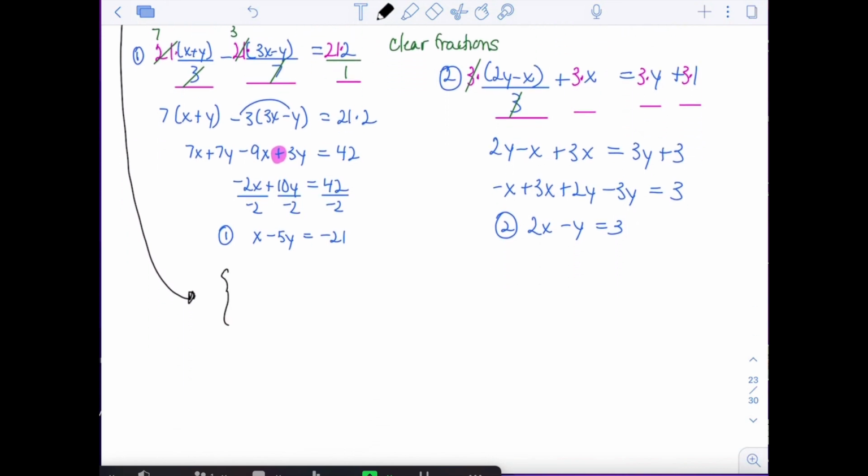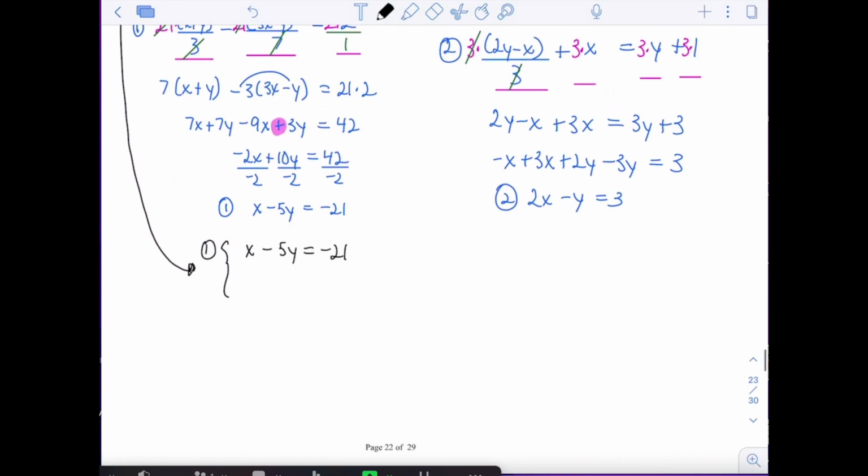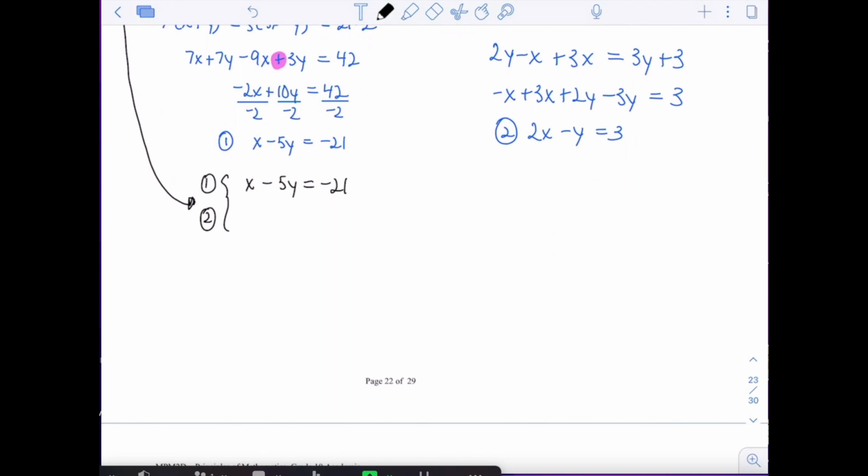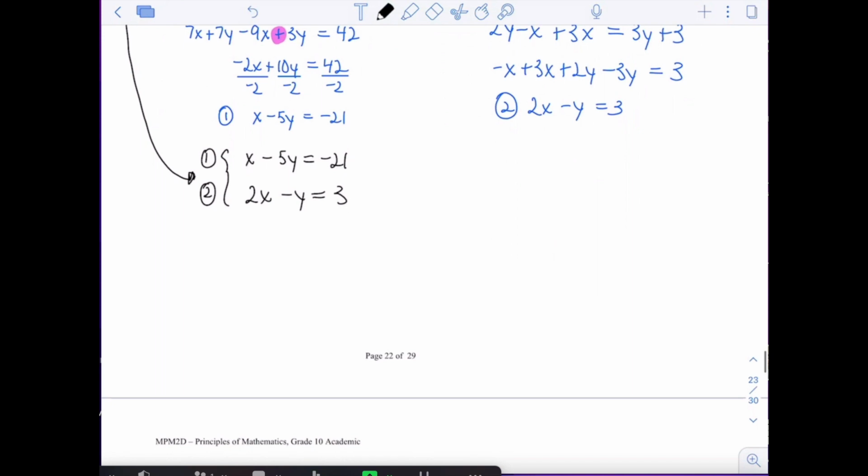So I've simplified equation 1 to x minus 5y equals negative 21, and I've simplified equation 2 to 2x minus y equals 3. At this stage, you can use elimination or substitution. I actually think substitution might be nicer here because I can isolate x in 1 quite easily. x is 5y minus 21. And then I'm going to sub 1 into 2